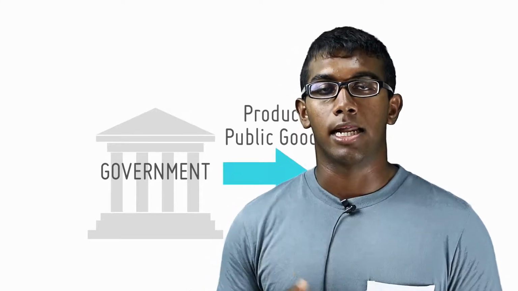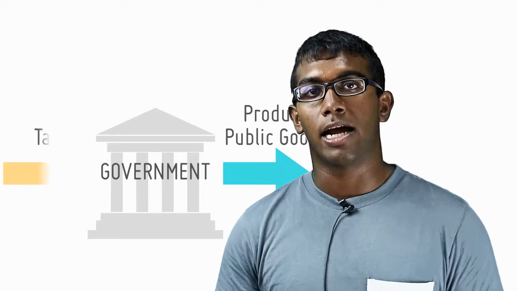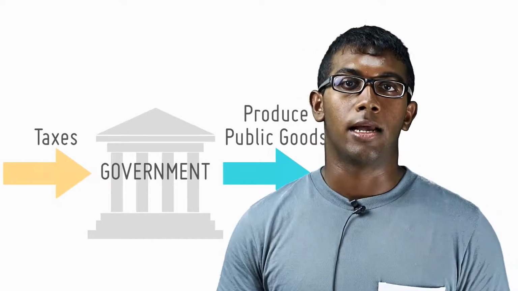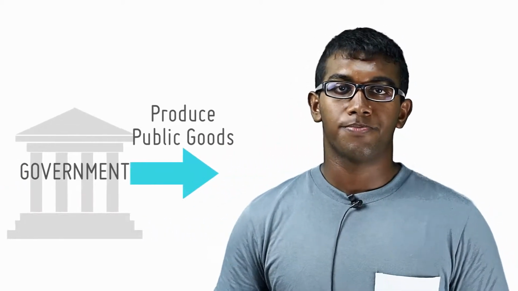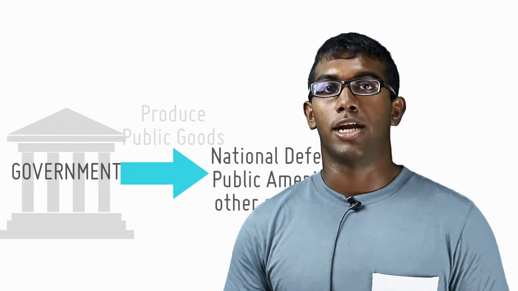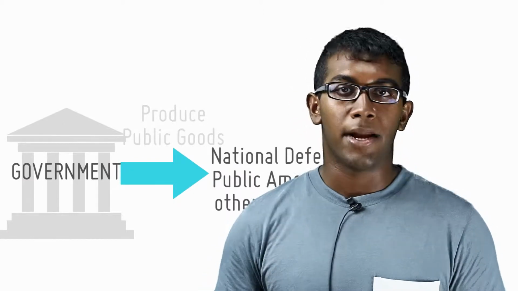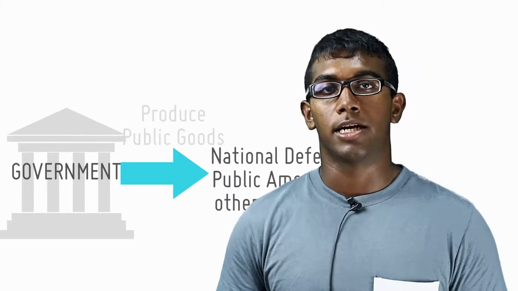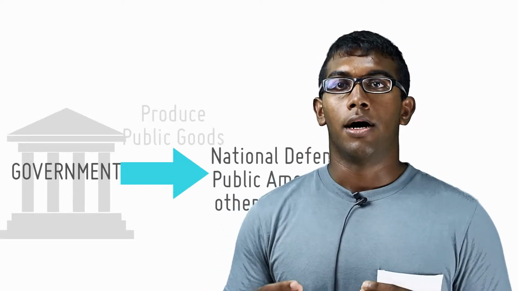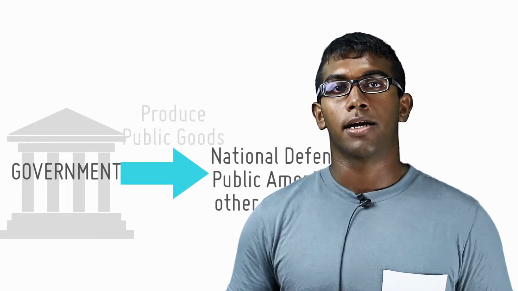Now, another solution, which is what normally happens in society, is government provision. Basically, government says, look, society is better off with this good. Society does well with this good, and therefore I see that this good should be produced in the market. And it comes in and produces the good, and it covers the cost through taxes that are implemented in society. Right? Now, this is what happens for national defense, for public amenities, and many other services that are produced by the government. So this is how the good is produced in the market.